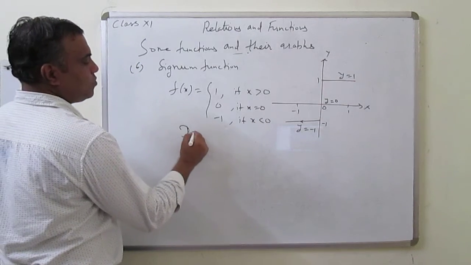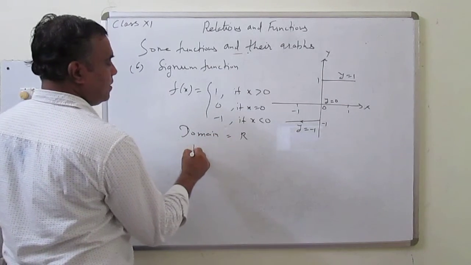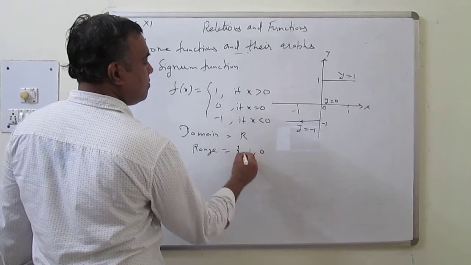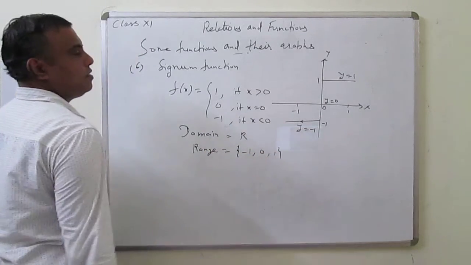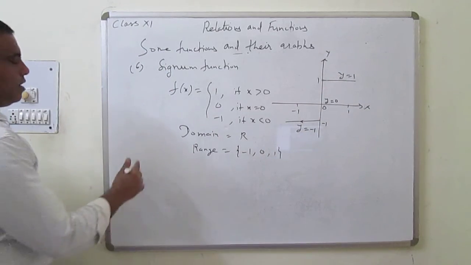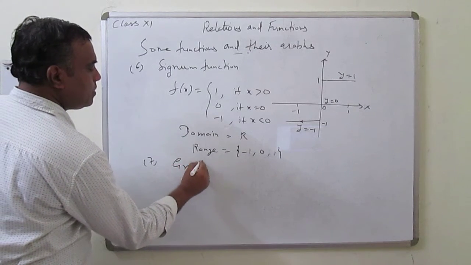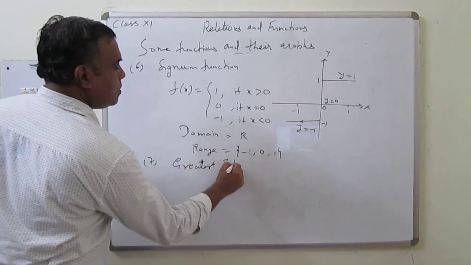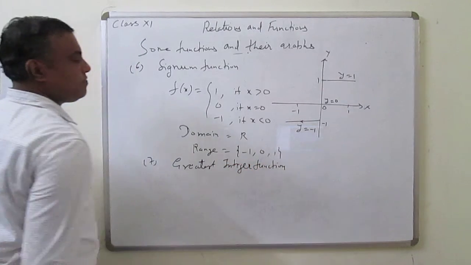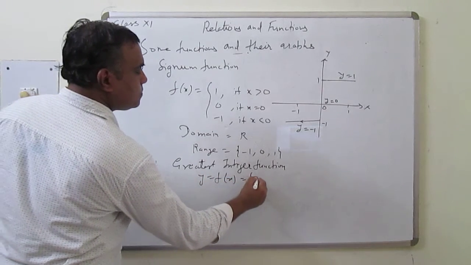So here what is the domain? Domain is any real number, but the range is 1, 0, minus 1. The range is just these, while the value of x keeps changing. Now seventh is the greatest integer function. Greatest integer function, y is equal to f(x) is equal to